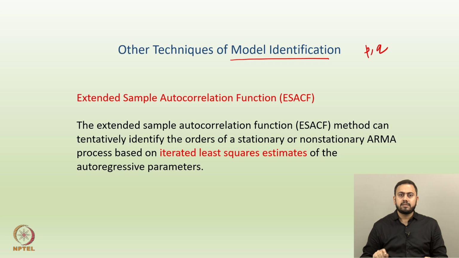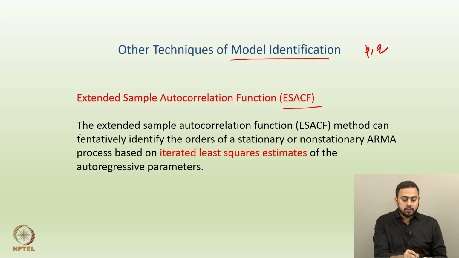Okay. And I think last lecture we talked about one idea which was based on the sample inverse autocorrelation function, or SIACF. We talked briefly about a couple of advantages of such a function, and one of the important advantages was that it detects over-differencing. In today's lecture we will extend that, and we will propose one more idea, which is based on the extended sample autocorrelation function, or ESACF. Last class we talked about SIACF, and this one is ESACF.